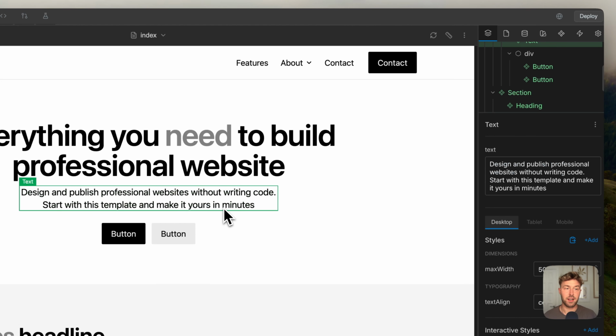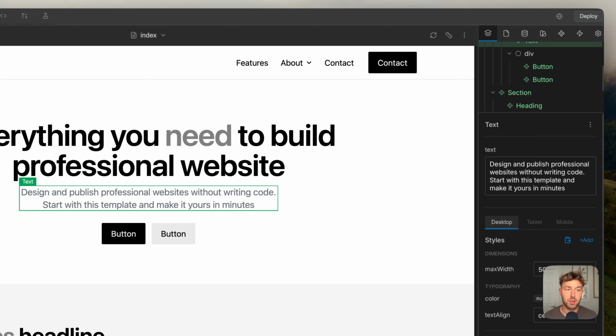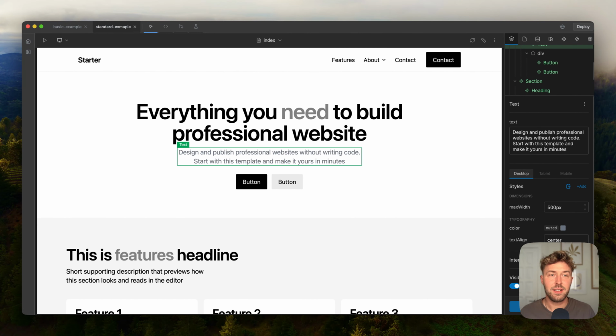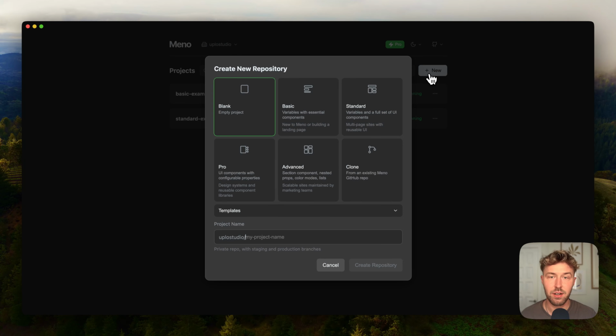Same with text. If you would like to have color muted, you can just change it directly in the styles. And the next option to make it even more scalable would be using properties. And properties you have in Starter Pro. So if you would like to start with a Pro,